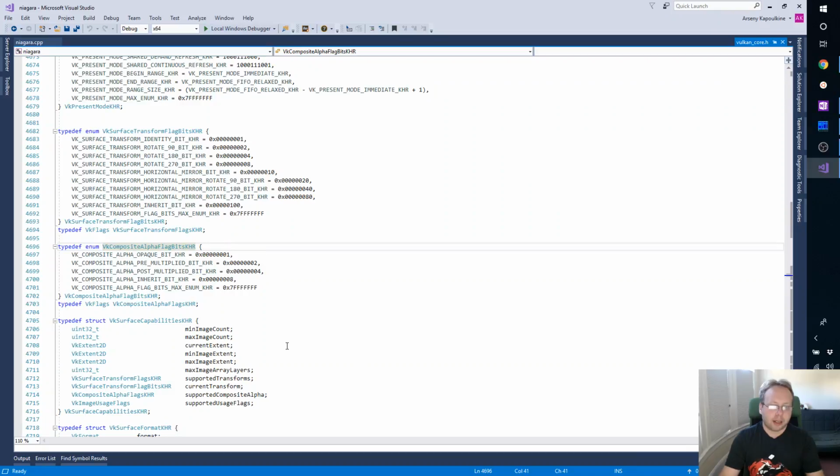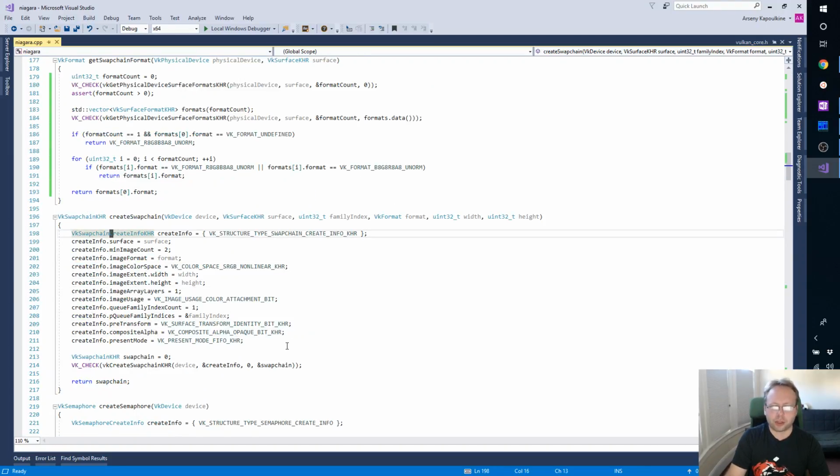We kind of say right now, hey, it just should be opaque. The problem is opaque isn't guaranteed to be supported. I think on Android, one of these is the only supported composition method. So you have to ask what's